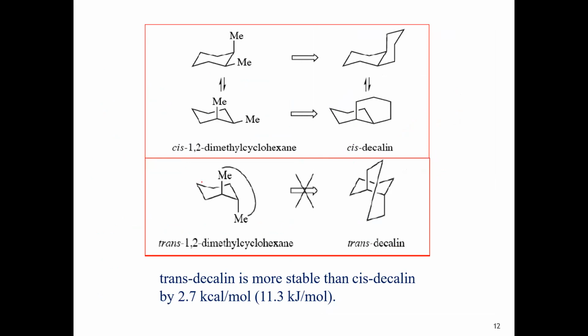In the case of cis-1,2-dimethylcyclohexane, this methyl group is up, and this is equatorial. This is the same as cis and trans-decalin. This is a methyl group, and this is also a methyl group. Then again, on ring flipping, this methyl group is up in that form, and this methyl group is in an equatorial position,